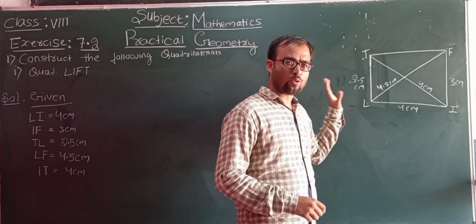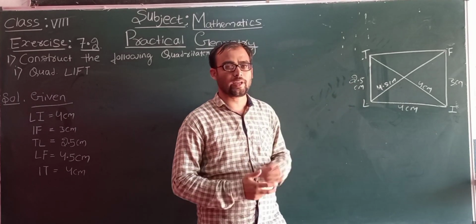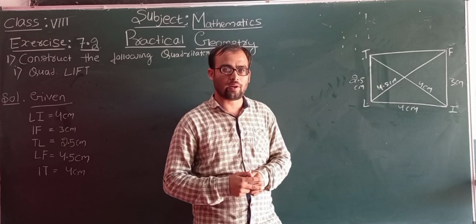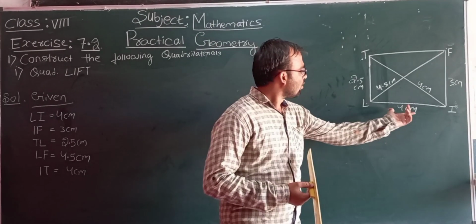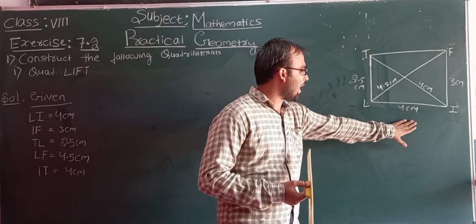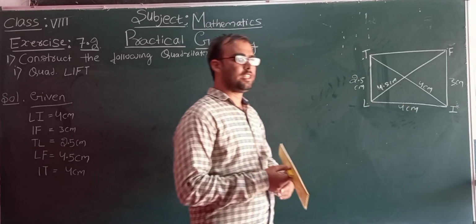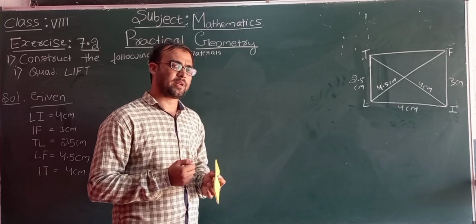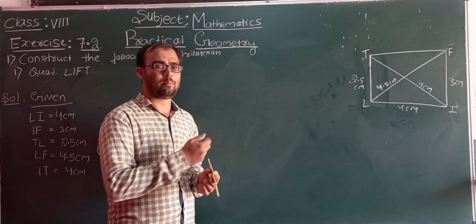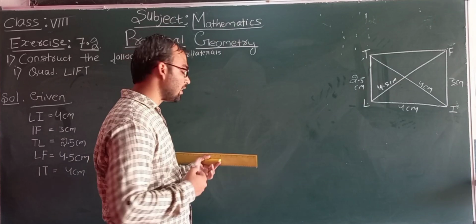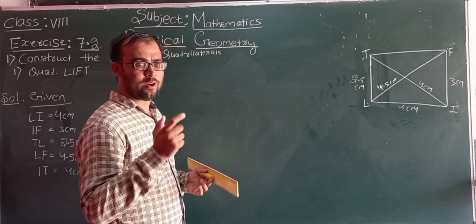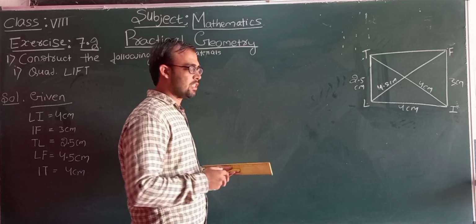You have to draw this compulsorily so that you will not get confused while constructing the quadrilateral. Students, first what we need to do? Look here. This is a base, that is LI. How much? 4 cm. Here I am taking the approximate length, not exactly, because it is difficult to draw on the board, and you have to take the correct measurements.